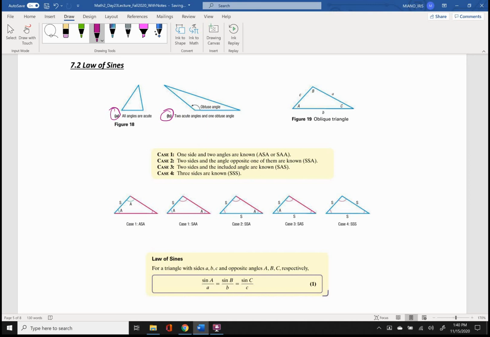So what do you do if you have those types of triangles and you still want to be able to complete the triangle or solve the triangle? Which means finding all of the interior angle measures and finding all of the side lengths. Well, enter law of sines and law of cosines. So law of sines is going to take into account a couple of specific cases of acute and obtuse, or said another way, oblique triangles, which are going to have this configuration of angle measures and